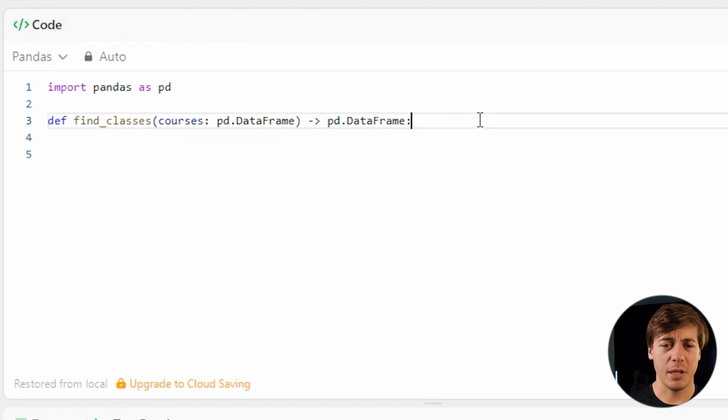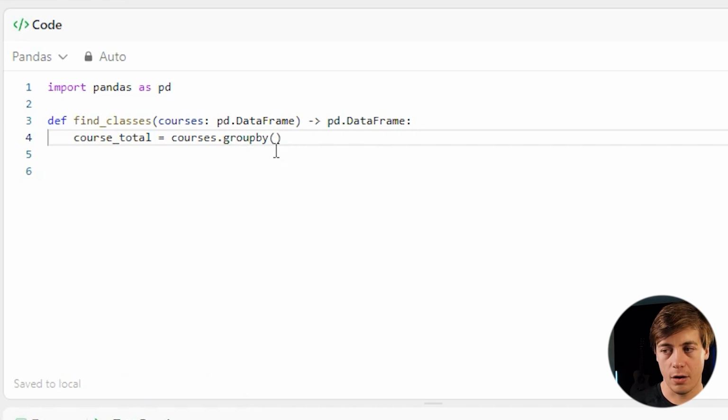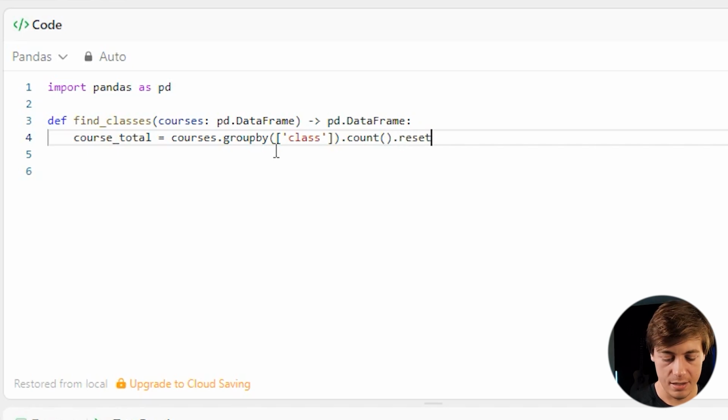All right, so the Python is going to be a little bit more complicated. So let's start off and do something called course total. That's going to be a data frame that we create. And we're going to say that's equal to courses, which this one has a lowercase c. So I'm just going to put that over here like that. We're going to group by. So group by over here. Inside over here, we're going to group by our class. So class like that. Then we're going to count these. So count over here, and then we're going to reset that index. So reset our index on here, and that's how we can get specifically a count for each of those specific